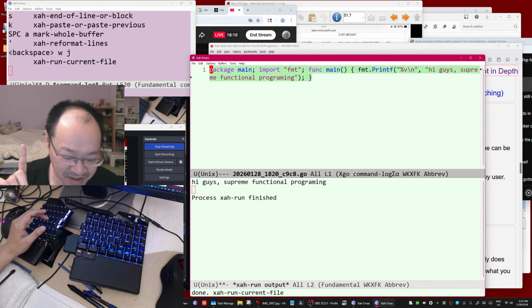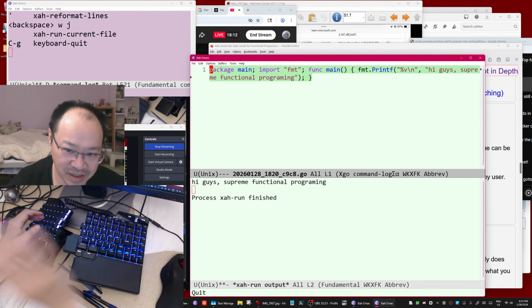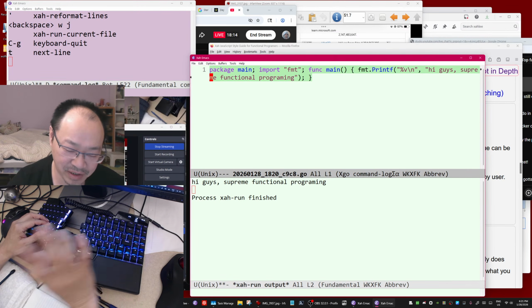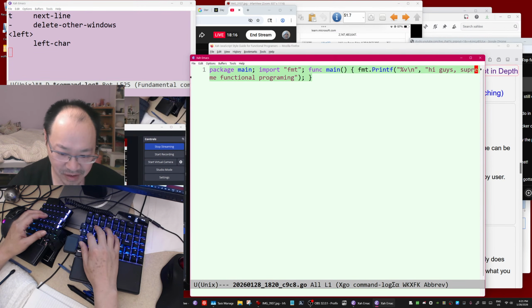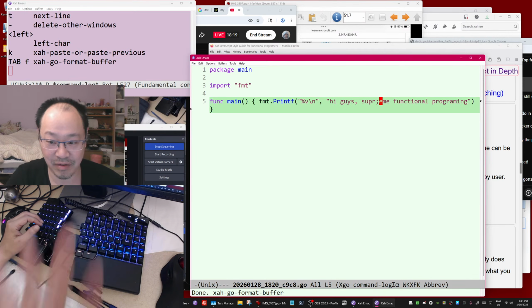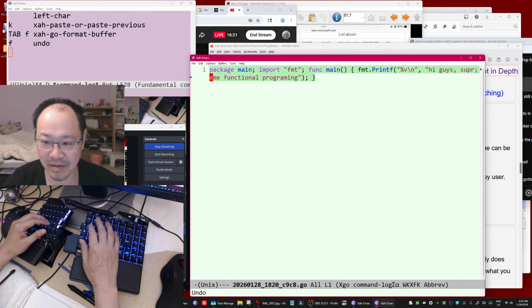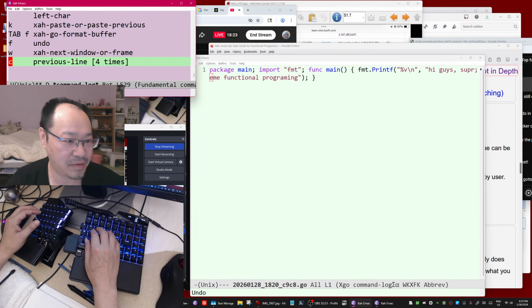Now here is Go format. Look carefully at Go format. Now I press a key, it will call... Oh, it's already done. Wait, let's see. It will call